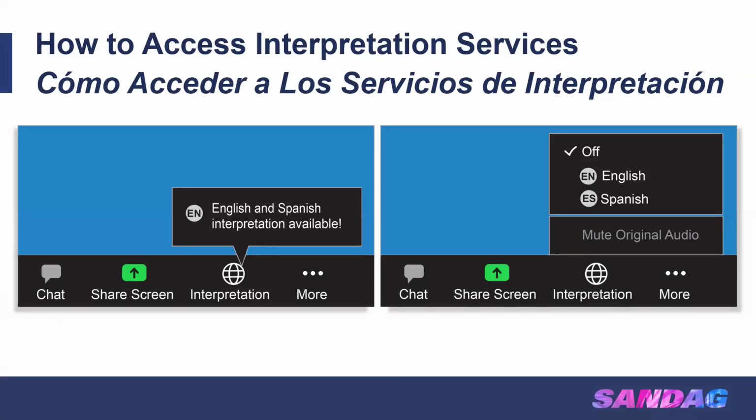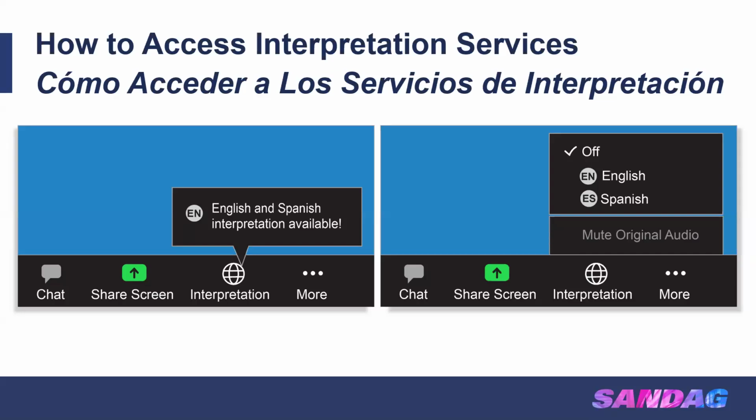Yes, good afternoon. This is an announcement from the interpreter. To use the interpretation feature, please scroll to the bottom of the Zoom screen where the meeting controls are located. Click on the interpretation icon, the world, and select English as your language.